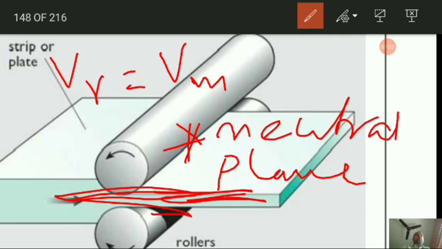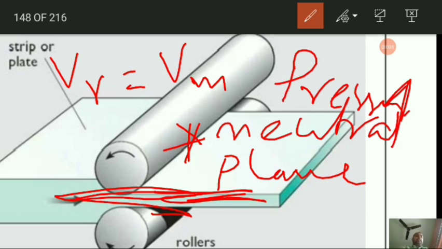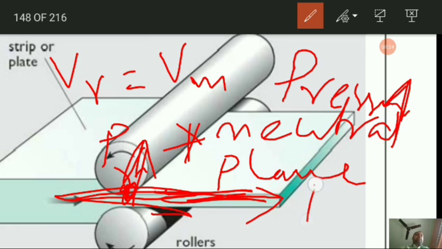Now the pressure on rolls gradually builds up from the entry to the neutral point, where it is highest. So pressure would be highest at the neutral plane. Say here we are getting the neutral plane and the pressure is highest here, and then as it moves away from the neutral plane the pressure decreases till it reaches